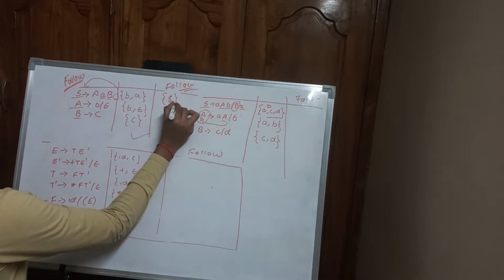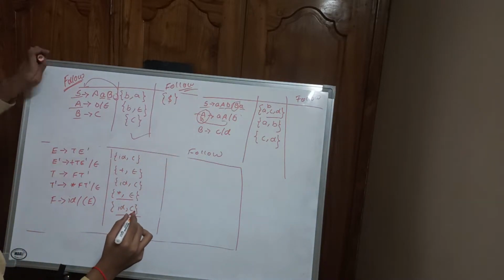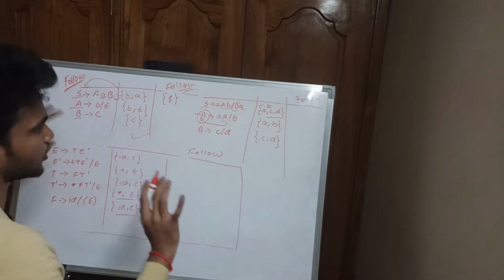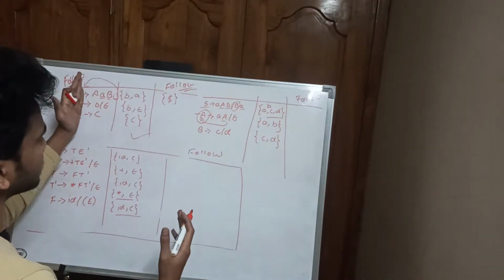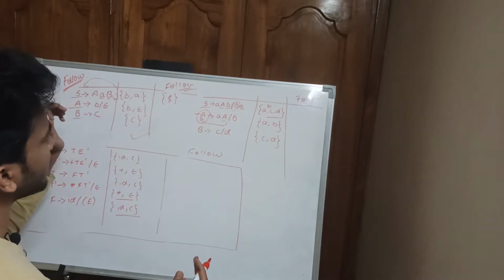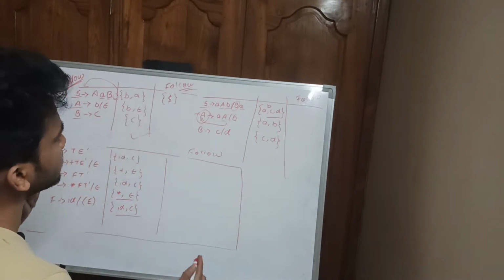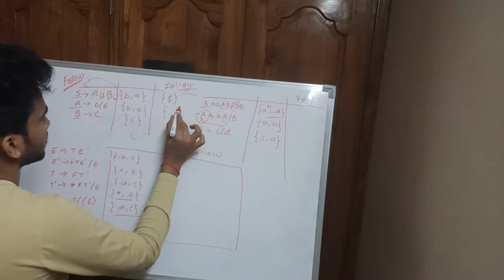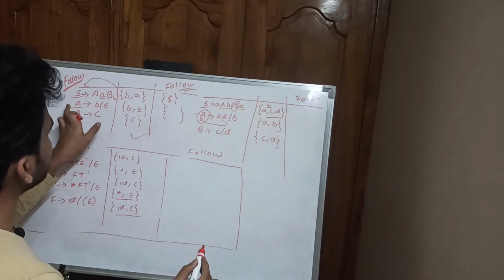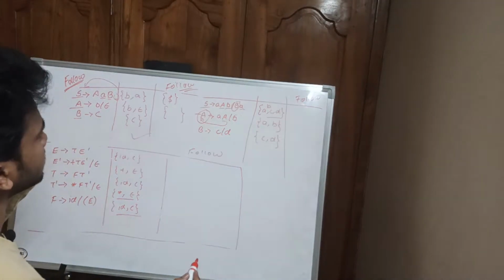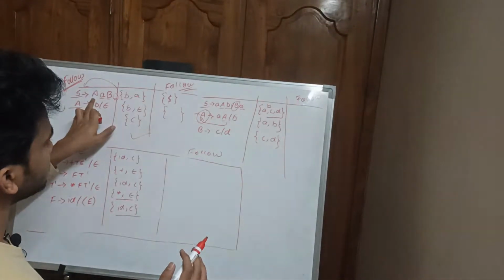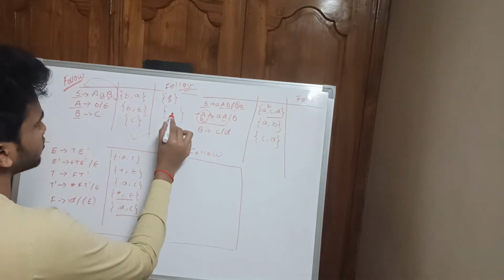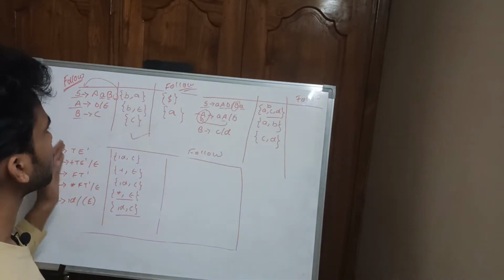this is dollar. For the start symbol, the follow of the start symbol is dollar, that is fixed, and check the presence of S anywhere on the RHS. There is no presence of S in the RHS, so dollar is the only symbol, that is the final one. Now take follow of A. Check the presence of A on the right hand side. A is there, followed by a small a. So small a is the follow of this.